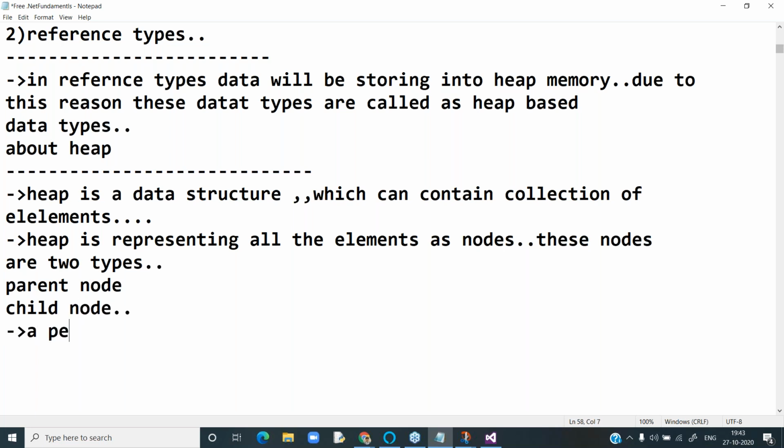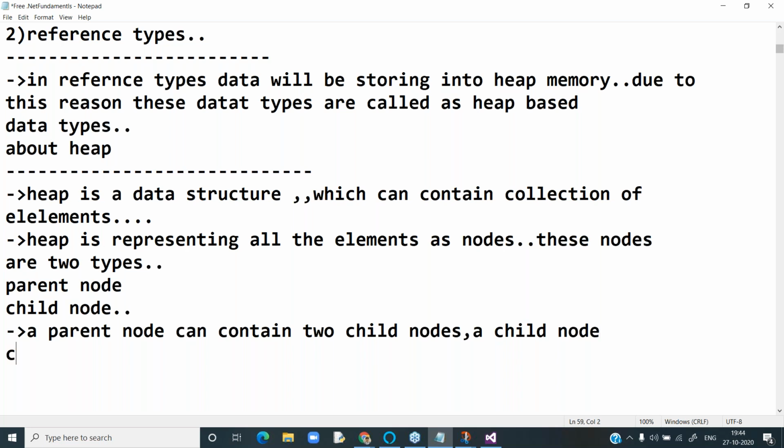So a parent node has two child nodes. Again, a child node can contain two subchild nodes: 40, 50 and 60, 70. These are all nodes. This parent node can contain two child nodes, and each child node can contain two subchild nodes. That's why it's called a binary tree. Binary means two.